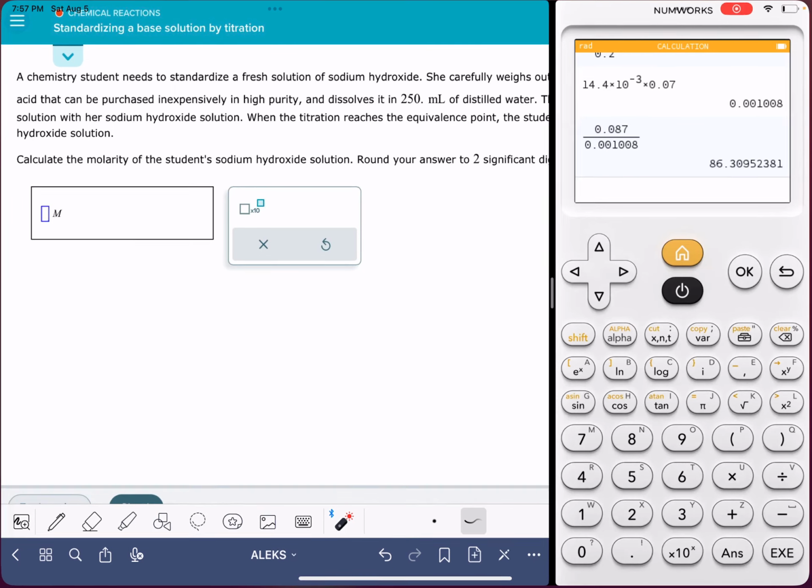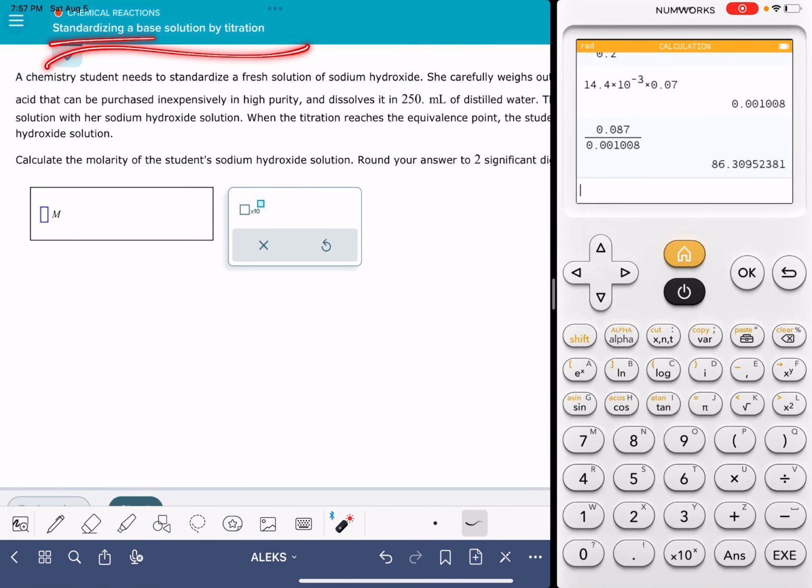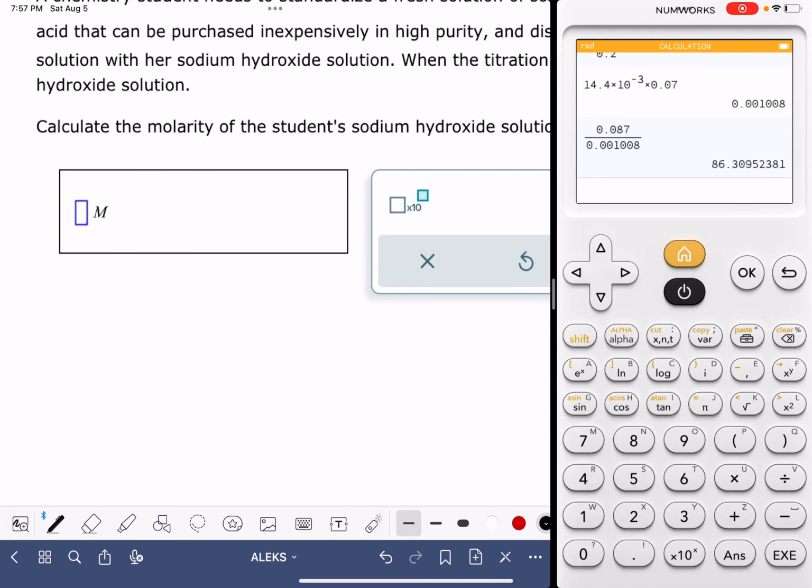In this video, I'll show you how to solve the ALEKS problem called Standardizing a Base Solution by Titration. This problem is asking us to calculate the molarity of a sodium hydroxide solution. As you probably know, molarity is calculated by taking the moles of something and dividing it by the volume in units of liters. Now, specifically for this problem, we're talking about the moles of NaOH and the liters of this